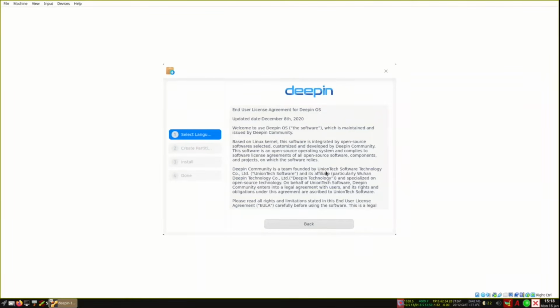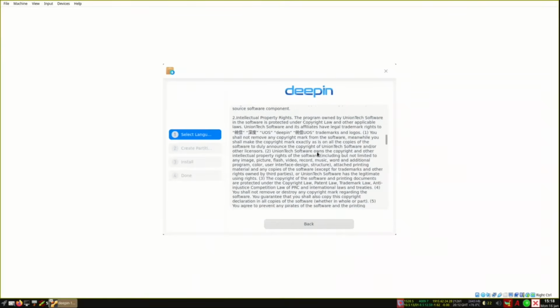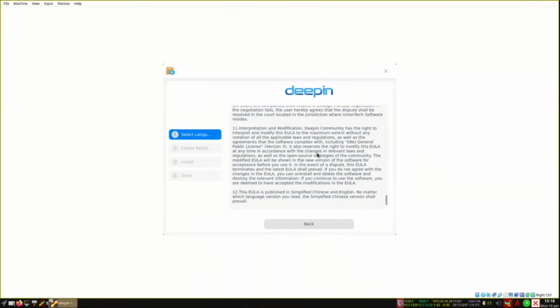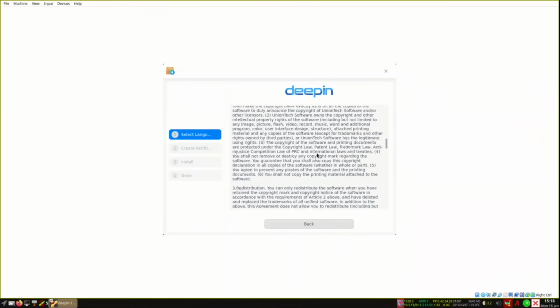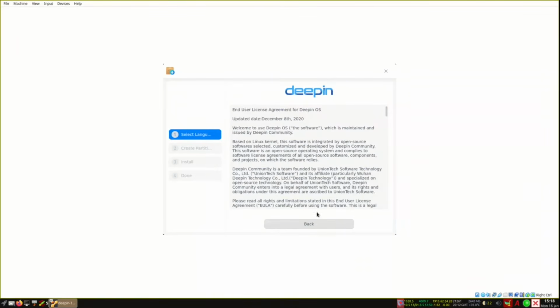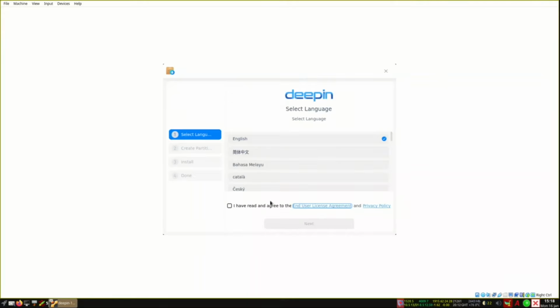So Wuhan is also involved. This city is also involved in the development of Deepin OS. So if you read all of that, it gives you all the information about what you can do with the software, because this desktop is unique and you don't have any other like that. And that I have read and understand.